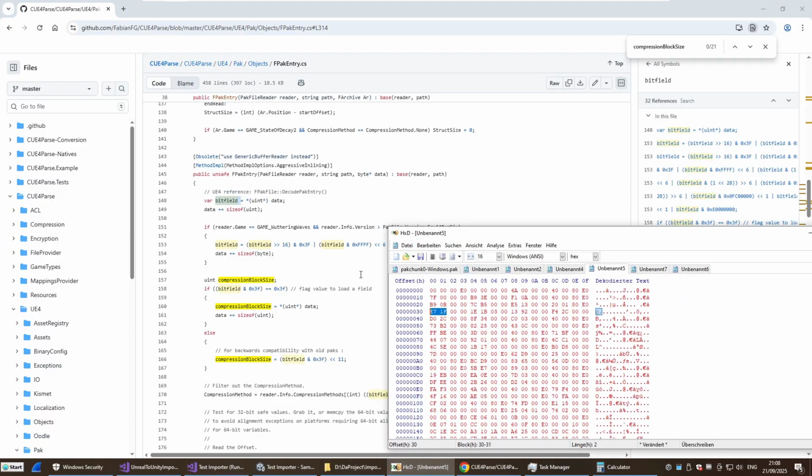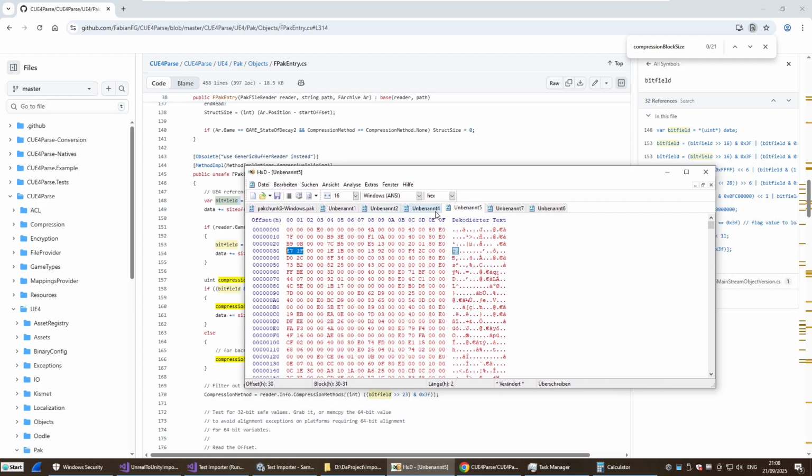So essentially what they've done is, first we have a bit field that tells me a lot of stuff. First off, it tells me if the next value is 32-bit or 64-bit. Then the next value, if this is 32-bit or 64. Then in here